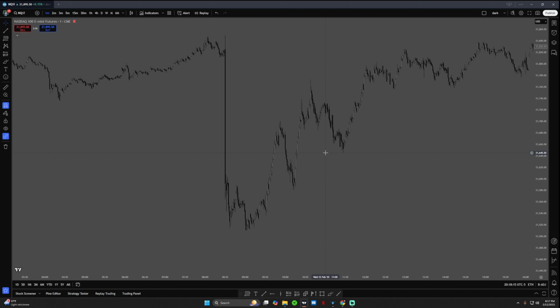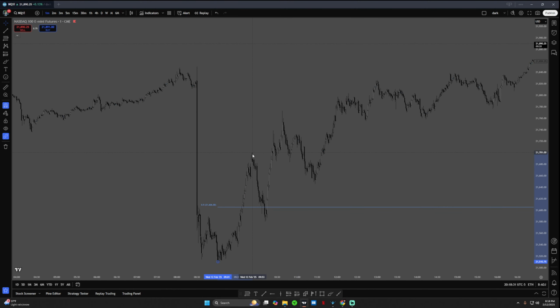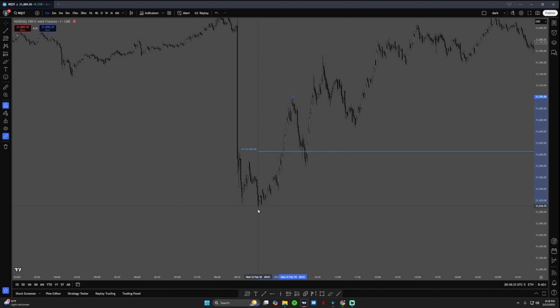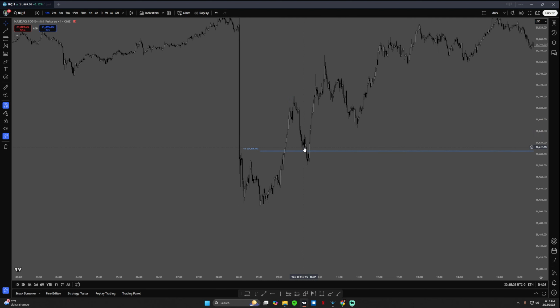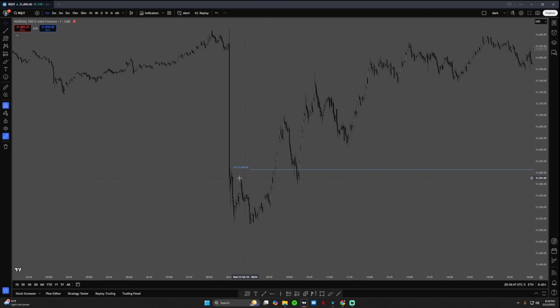So that's why that worked, because a lot of times you see ranges, you see 50%, you see price come into it and reject. But you have to understand there's a lot of fake outs in here. Look, low, low, low, low, another low. It's not that easy. It never will be. It never was. Or actually used to be back in the day. Anyways, look here, 50% of range, you get this massive fake out, and then boom, you get this. So yeah, 50% of ranges is a good way to use fibs. It's not perfect though, nothing's perfect.